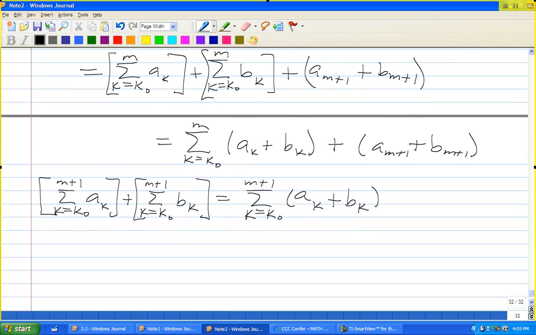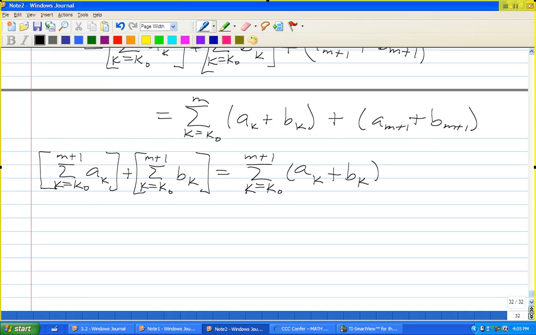And so I've shown that the induction case works, and so therefore